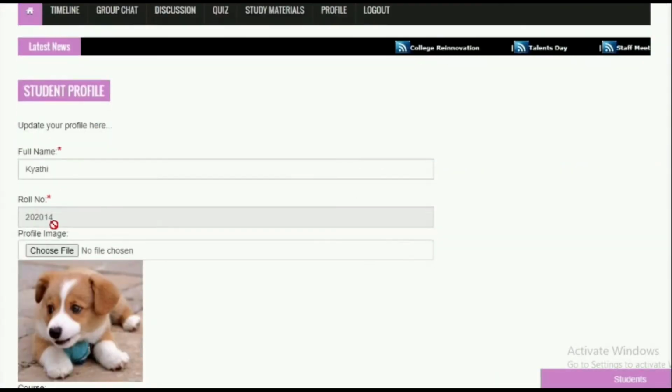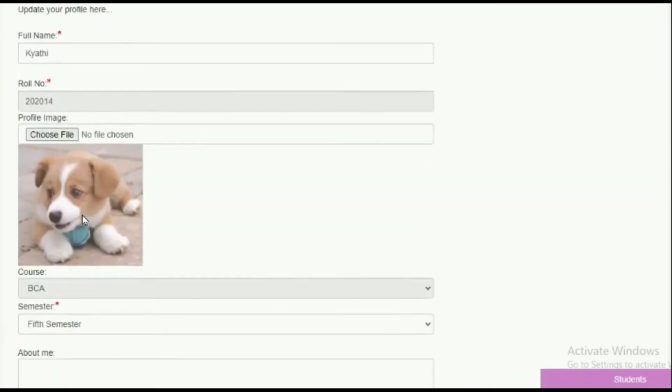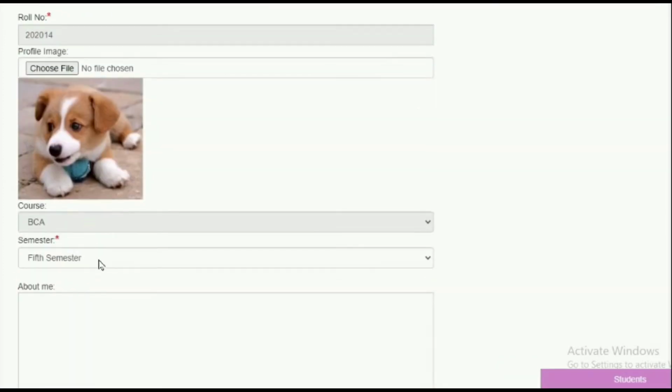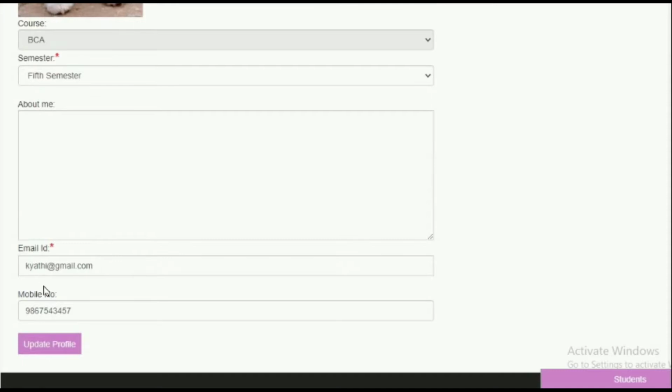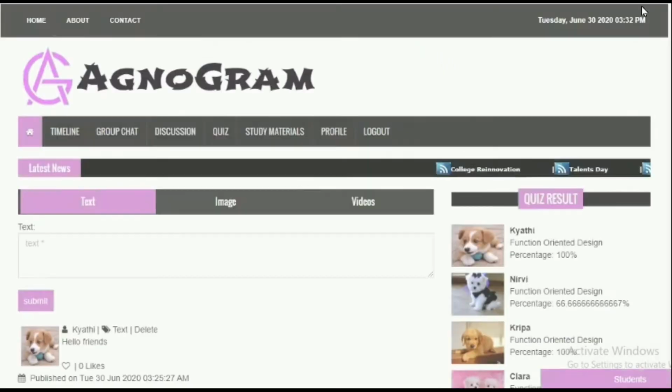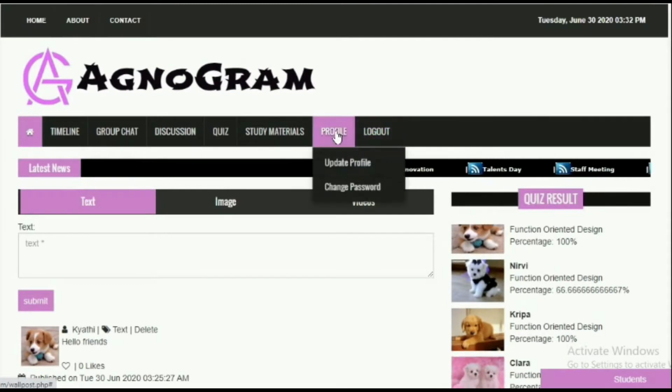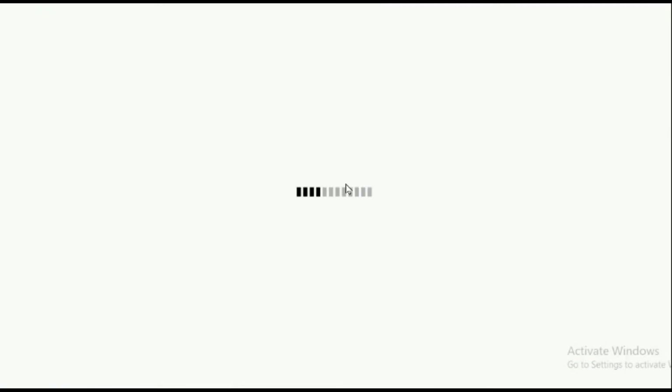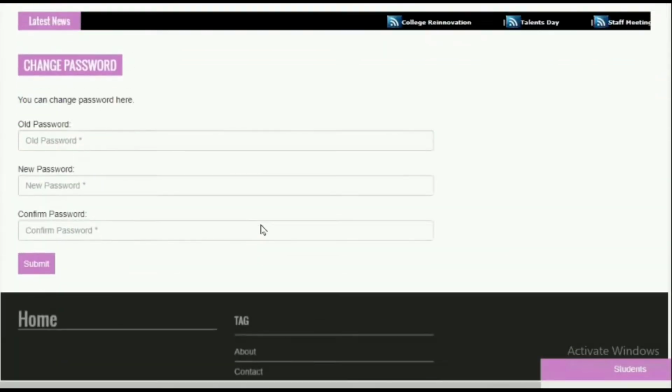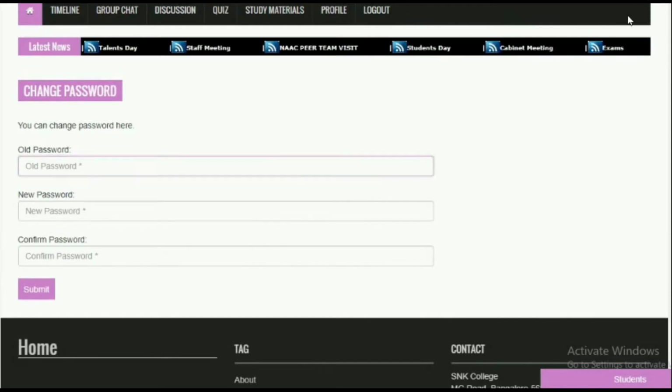Under profile, students can update their profiles, but they cannot change their roll number and their course. Students can also change their password by entering old password, new password and confirm password.